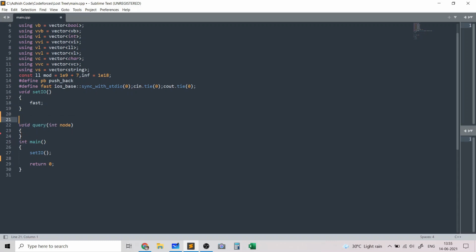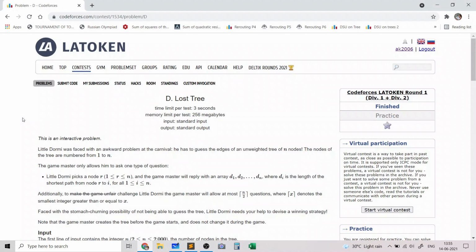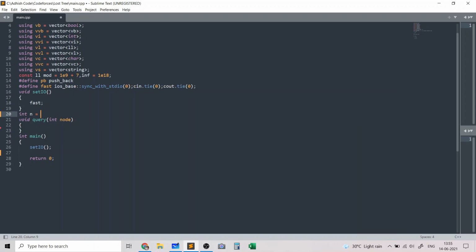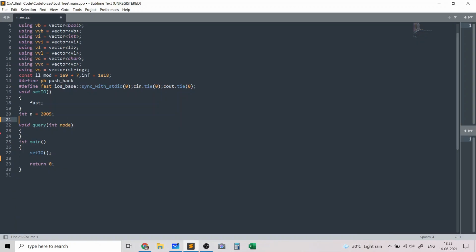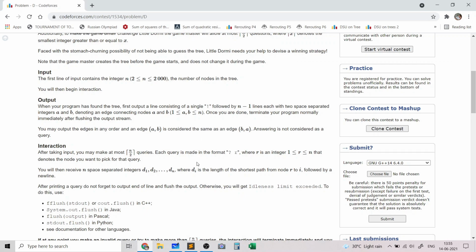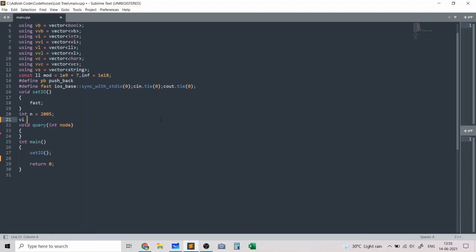I also define all my variables to be global, and in this case the variables which we have are n, which is the number of nodes, which can be up to 2000, and I also need to have a distances array because every time we are given d1 to dn, which is the distances.